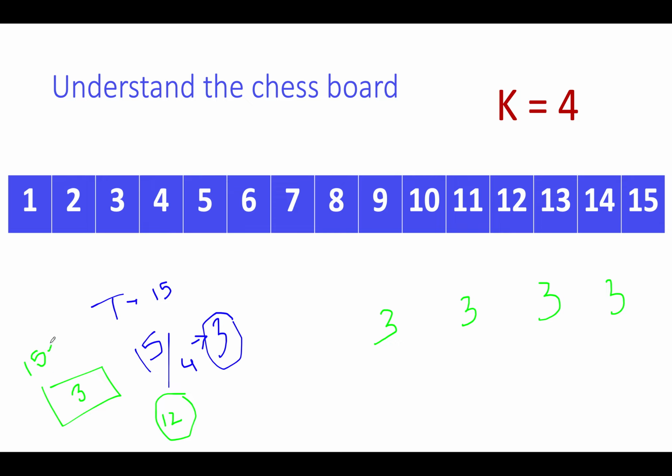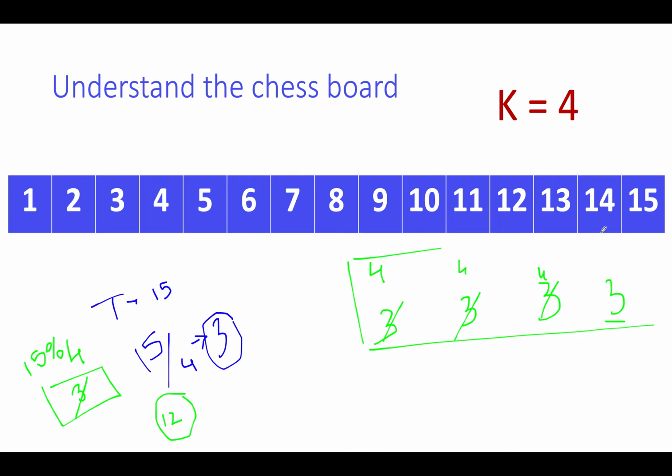So we need to fill in 3 more extra nodes in these separate linked lists. And how will we do that? We will start by adding 1 to each linked list starting from the first one. That means the size of the first linked list would be 4, the second linked list would be 4, and the third linked list would be 4 again. And the fourth one would have 3 nodes only.